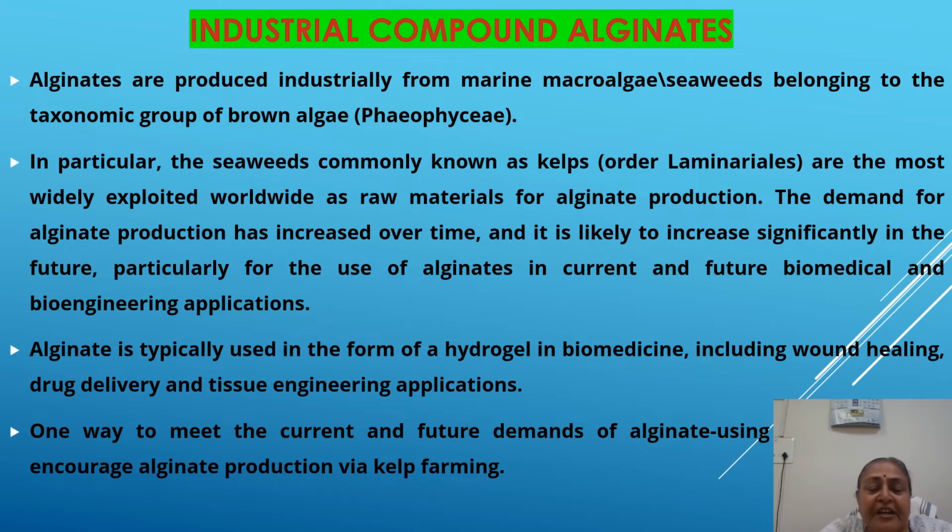Alginate is typically used in the form of a hydrogel in biomedicals, including wound healing, drug delivery, and tissue engineering applications. One way to meet the current and future demand of this valuable compound alginate is by using